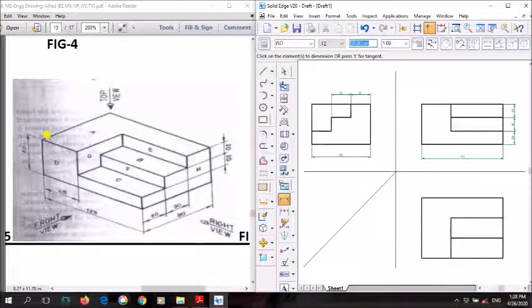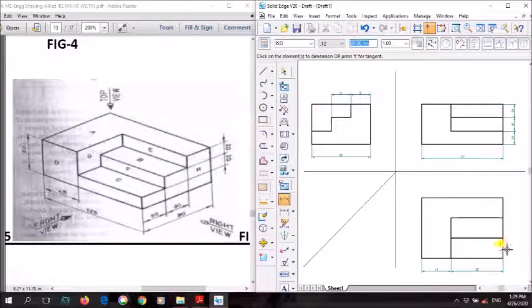This part, what is this length? Here you can see on the left side of the screen this A section. Whatever you can see on the cursor, this dimension is how much? 45. Again, draw the extension line here, and draw the extension line here, and show it: 45, right? And we'll show this one also. Draw an extension line here, already done, so draw another one here. How much is it? It should be 80. So 45 and 80, total it is 125.